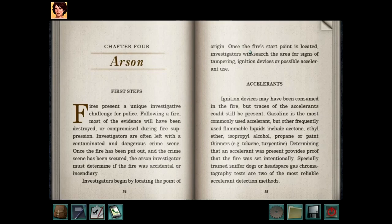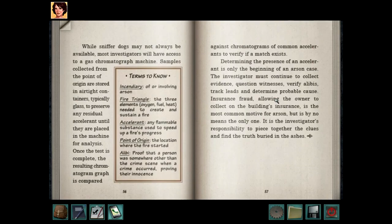Specially trained sniffer dogs or headspace gas chromatography tests are two of the most reliable accelerant detection methods. While sniffer dogs may not always be available, most investigators will have access to a gas chromatograph machine. Samples collected from the point of origin are stored in airtight containers, typically glass, to preserve any residual accelerant until they are placed in the machine for analysis. Once the test is completed, the resulting